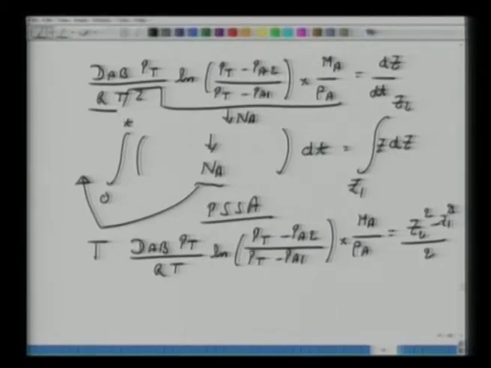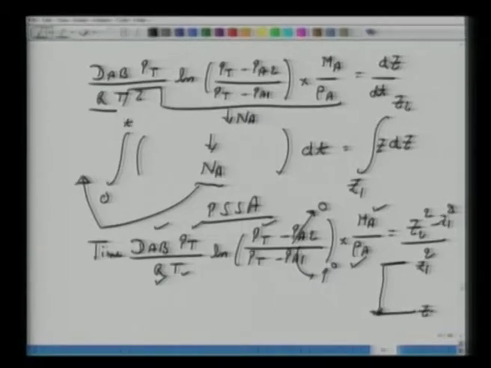Now, all quantities are known here: total pressure, diffusion coefficient, R. This is your total time, and this is the temperature, total pressure. PA2 at the outlet of the tube is 0, because the concentration there is 0. PA1 is nothing but the vapor pressure, which is given to us, molecular weight, density of acetone, and two heights, Z2 square minus Z1 square. If we see the schematic, we have the top of the level, which was our Z1, and we have Z2, which is here. Sorry, we have this Z0 and we have Z1 here.